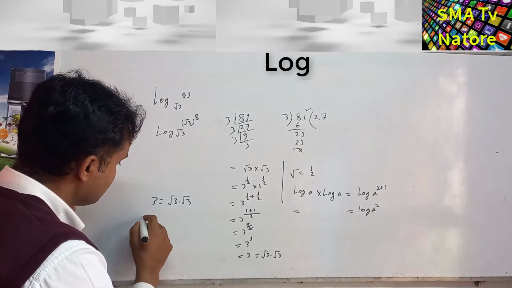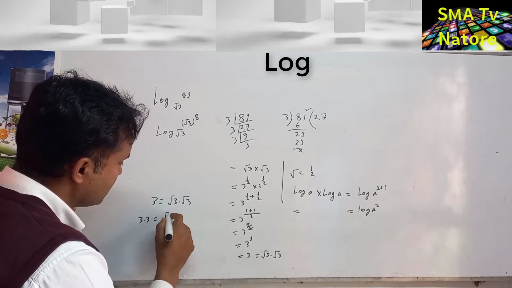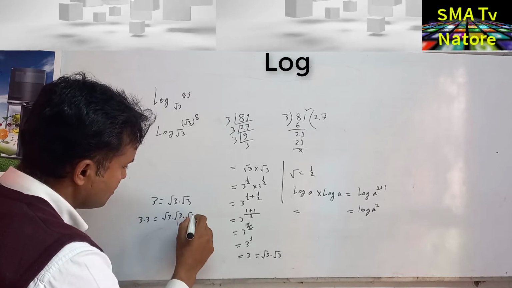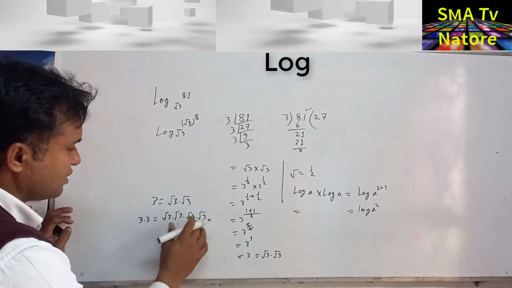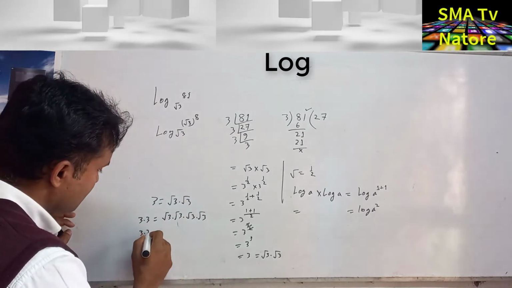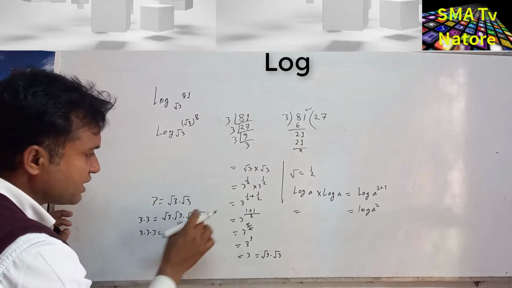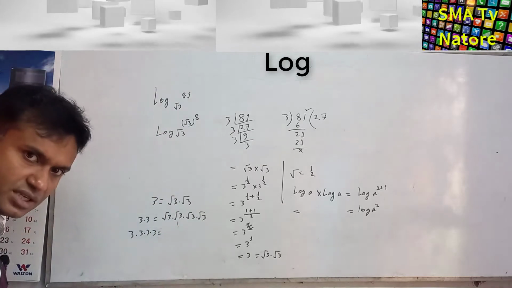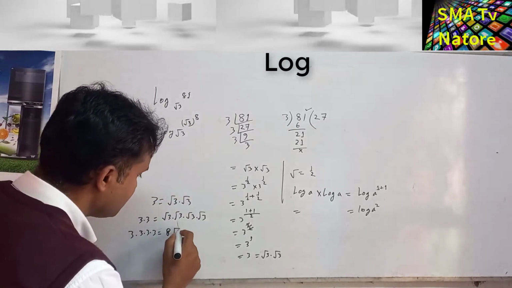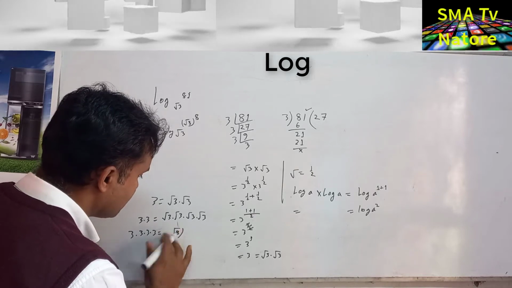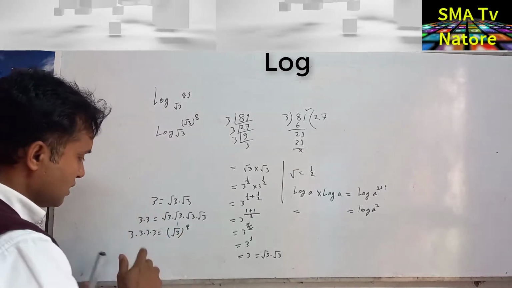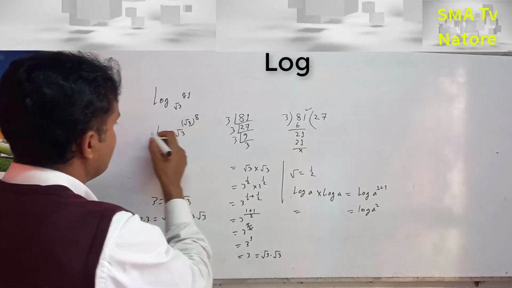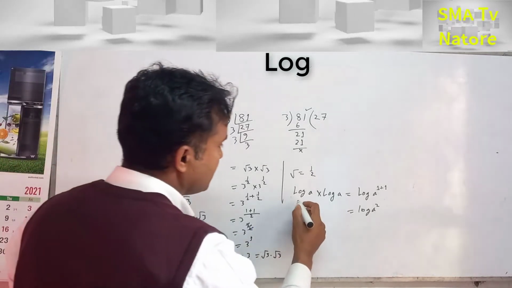So next one is 3 into 3 for, we can write down 3 into root 3, root 3 into root 3 into root 3, so 1 2 3 4, and next one is 3 into 3 into 3, so again 2 is added, and next one is 4, so we can get 8 root 3. I hope you can understand that 8, that is root 3, and the power is 8, because how many root 3s, 8 root 3s. Okay, so here is the formula, and then this is the formula.